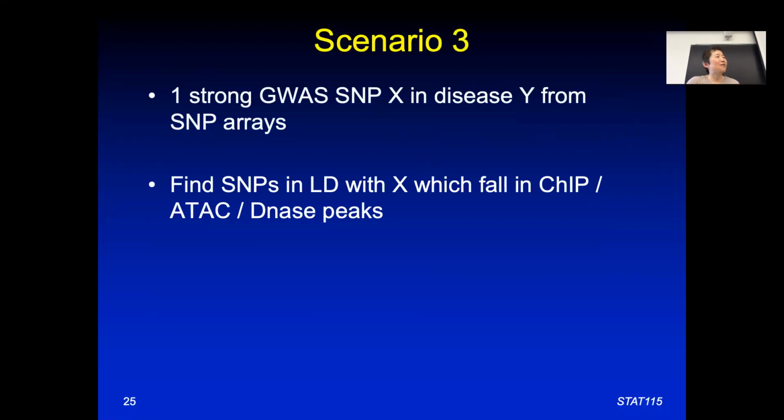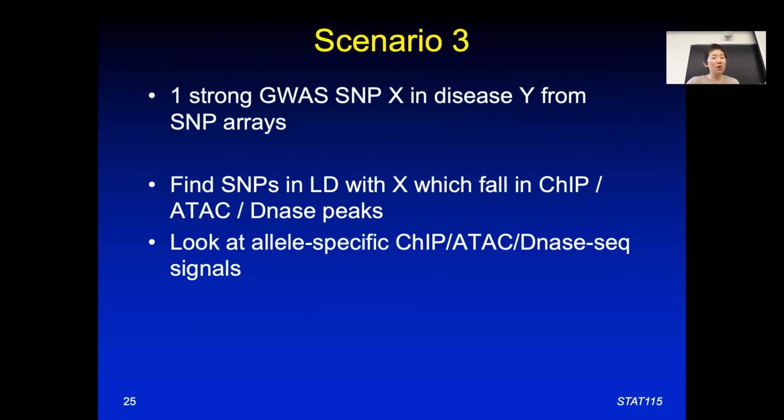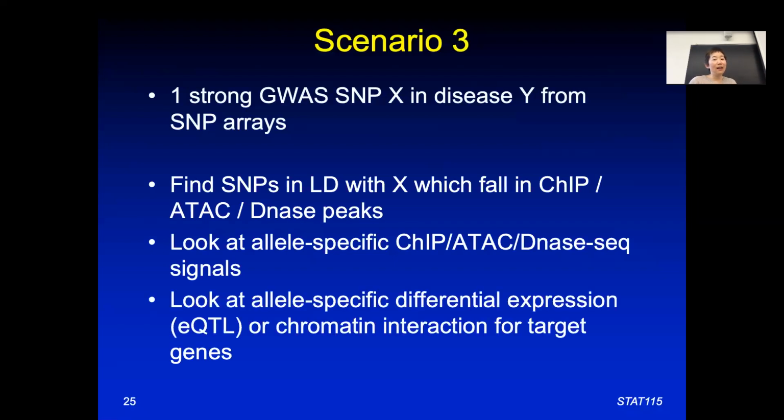You may or may not have the information. So supposedly you can look at the GTEx data, which has all the different tissues, or the HapMap data. You could try some eQTL analysis, right? Or you can look at the ChIP-seq raw data to ask, if this region has the SNP, does that change the peak signal in that location, in that peak, right? When you have the AA allele or AG allele or the GG allele, does that change the peak signal in that location? And then you try to see, when you have a difference in the peak signal, is that correlated with the gene expression, using eQTL,